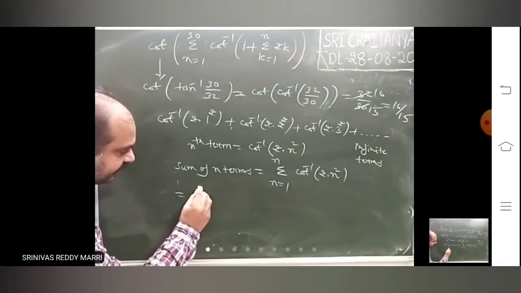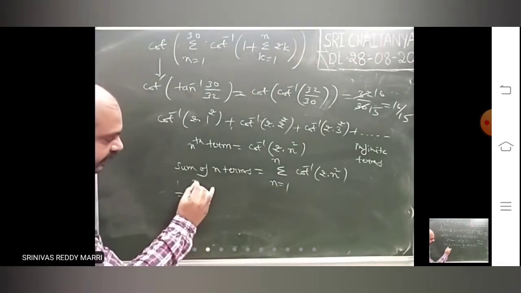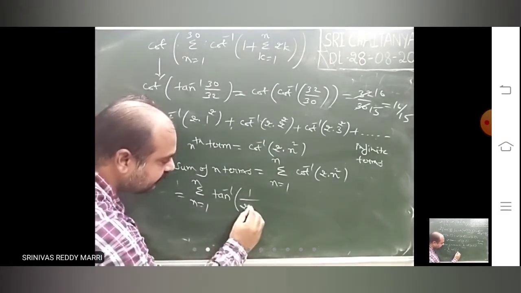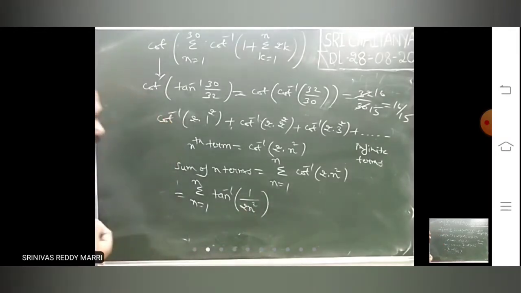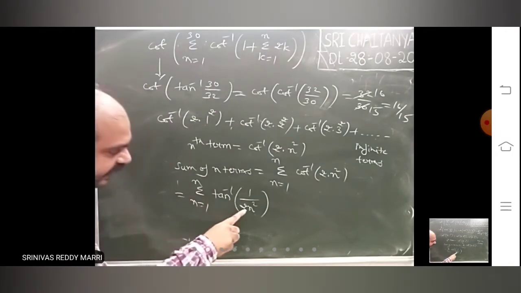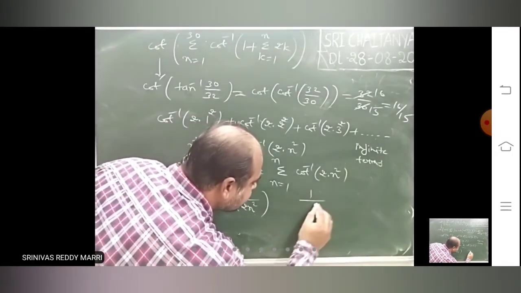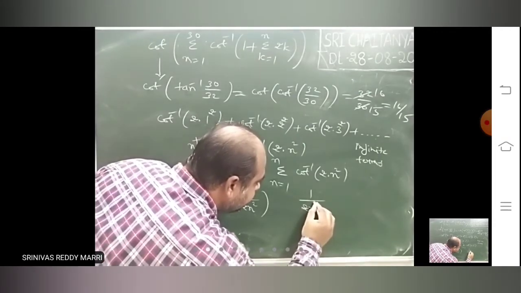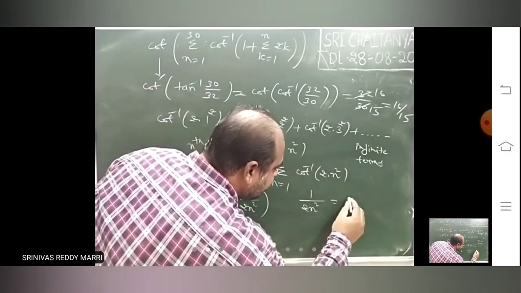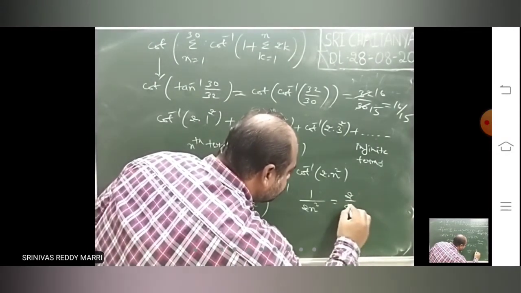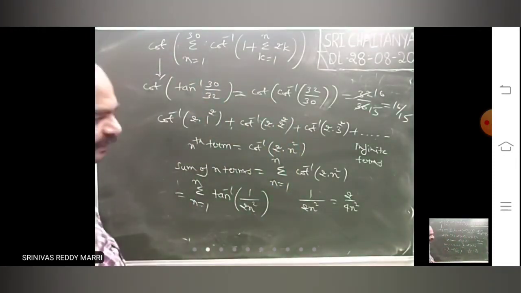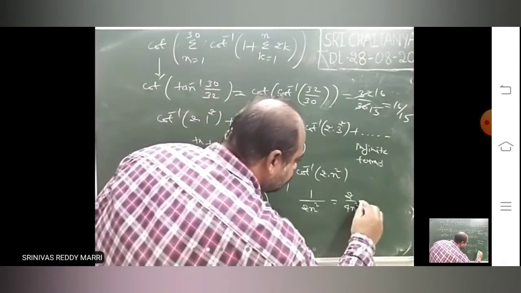That means convert into tan inverse now. Tan inverse, I am writing like this, 1 divided by 2n square. Now first my target is tan inverse f of n. Now take 1 by 2n square. Look at how I am adjusting. 1 by 2n square I am taking. So what I am doing is I am multiplying and dividing by 2. Look at 2 by 4n square. 2 by 4n square, I multiplied and divided with 2.